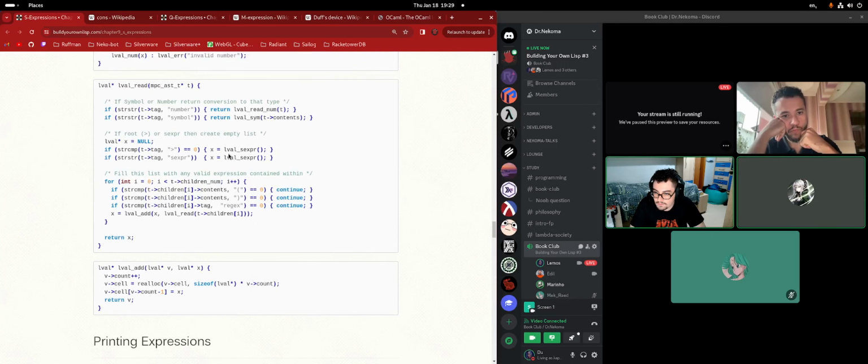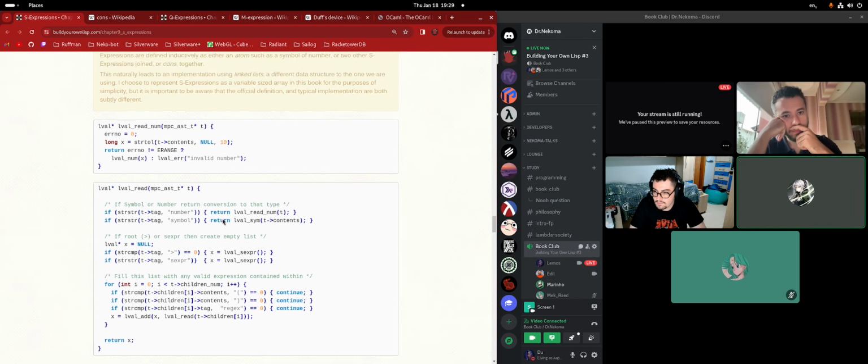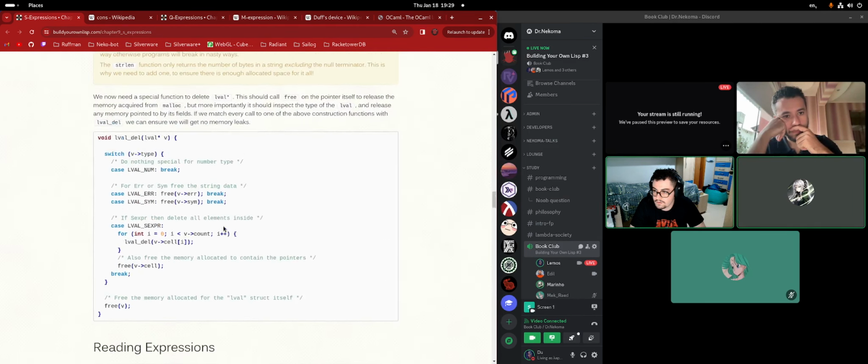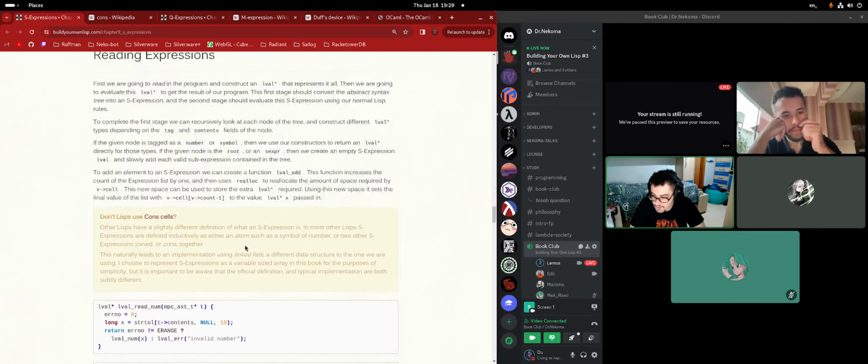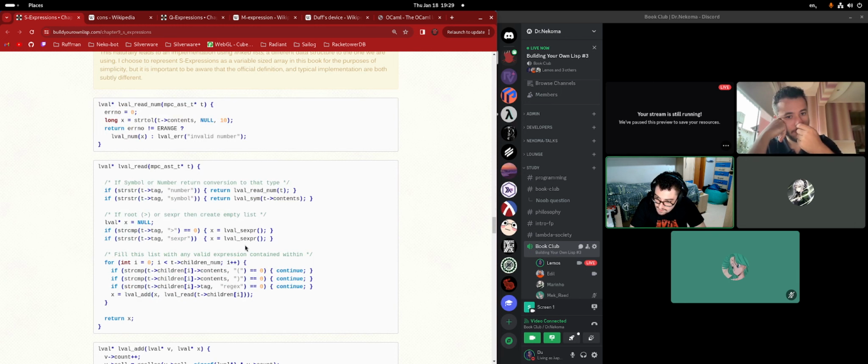It's a little above where we are. Oh, it's in here. Okay, so this is basically just doing the malloc and putting the type. Yeah, type constructors once again.